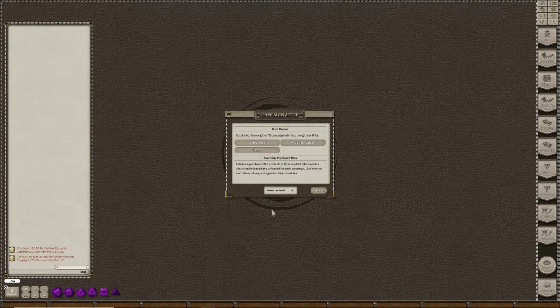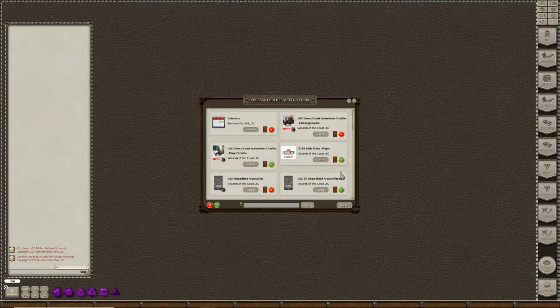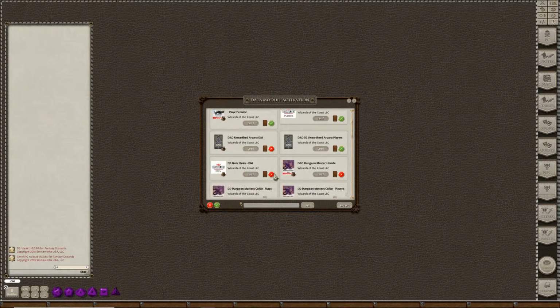Now there is a campaign setup dialogue thing. I've never really used that either. It's relatively new, but it will allow you to get access to the modules pretty quickly, because you do need to decide what modules you're loading into the game. So here are the modules, which you can also access through the library menu. So here's all the modules that I've purchased for Dungeons & Dragons rule sets for 5th edition, and